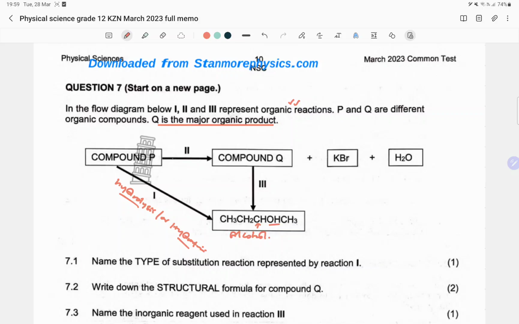Now here we can see something came out. This thing that came out has a bromine in it. And there's water that came out. So basically this is an elimination reaction of some kind. But now when we eliminate such that there are smaller little things that came out, and if there is a halide atom,